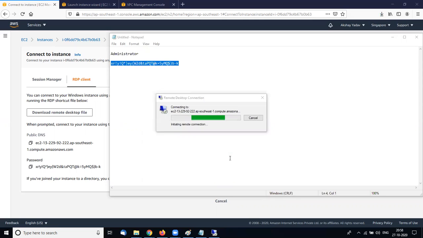So my server is now connected. Initializing remote connection, securing remote connection. It takes time for the first time.